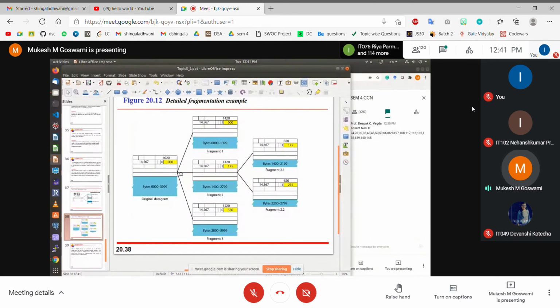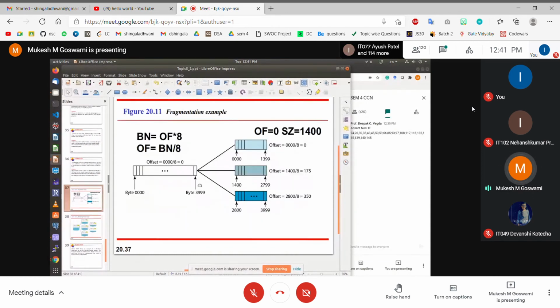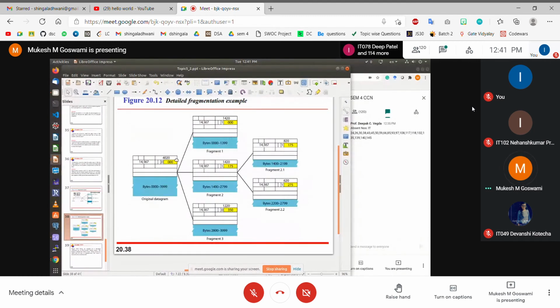Right? So this is how the packet header will look like. Say for example, 4020 is the total length. Why this 4020? Because 4000 is data and you also have a 20 byte header. So 4000 bytes are for data and 20 bytes are for header. So the total length is 4020. And we have a unique identifier of this packet, and this unique identifier is, let's say, 14567. So this is our unique packet identifier.